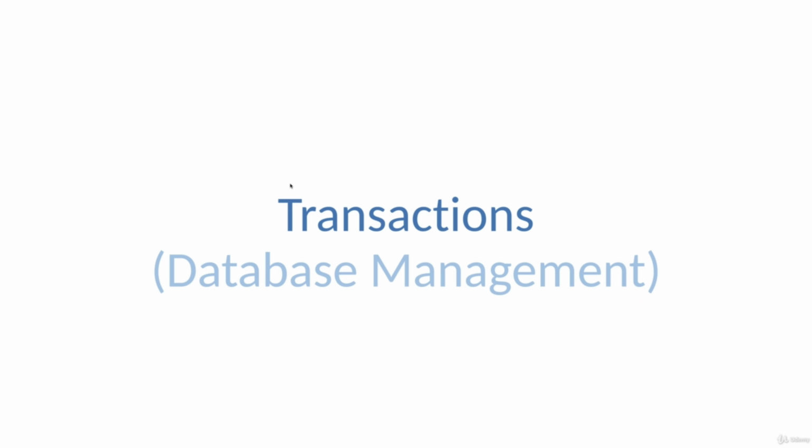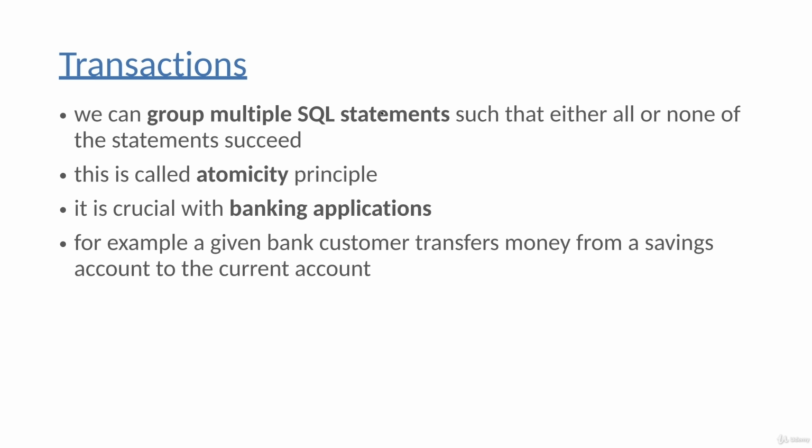In the previous lecture, we have been talking about how to avoid inconsistent states with the help of locking, and in this lecture we are going to talk about transactions. So we can group multiple SQL statements such that either all or none of the statements succeed, because this is what we have been talking about in the previous lecture, that sometimes we have to execute SQL statements that are not independent of each other. So we have to make sure that either all of them or none of them succeed. And this is the so-called atomicity principle. We are going to talk about these principles in the next lectures, but it is absolutely crucial when dealing with